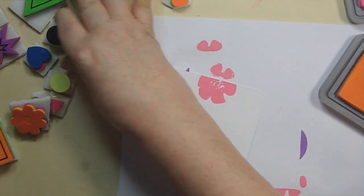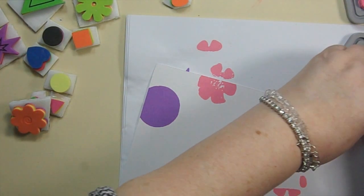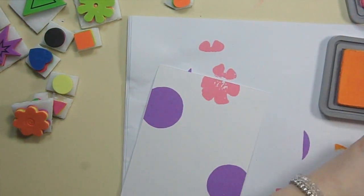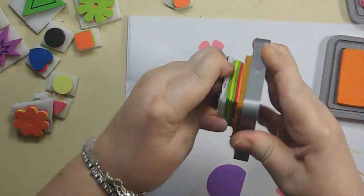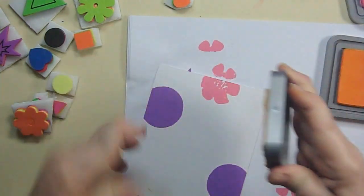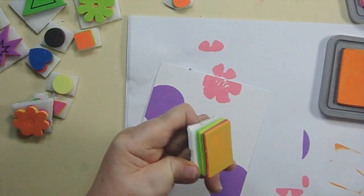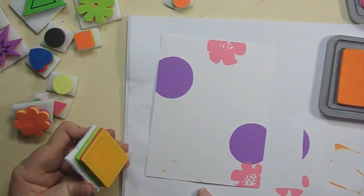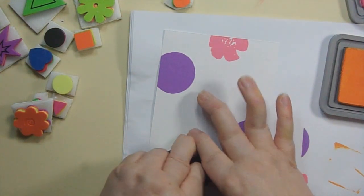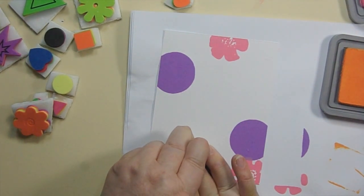Then, let's see. I want to do one of these great big squares. I'm going to do that in the spice marmalade. Again, I'm going to do it in the yellow one. I'm not going to do that twice. Well, I probably will do it more than twice, but right now it's a lot easier to see that you've got... Whoa! Oh, that could have been horrible. It's a lot easier to see you got it colored when you have... See, now I have this little problem, so what I'm going to do is just stamp over that little section. And hopefully